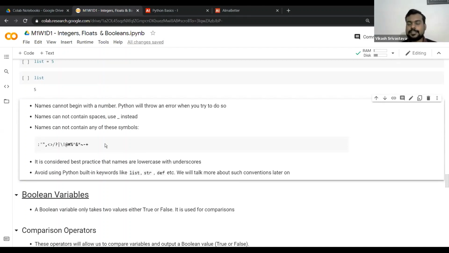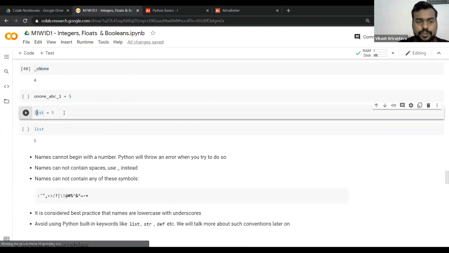Another important thing is that it is considered best practice that names are lowercase with underscores. Of course, you know that variable names are case sensitive, and for best practice you should follow that. Whenever you're writing a variable name, write it in lower case. And then avoid using Python built-in keywords like list, str, def. There are a bunch of built-in or reserved keywords in Python which we should not use to write the name of a variable. Even if I write list is equal to 5,